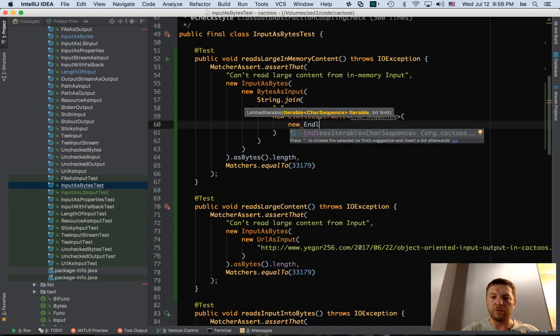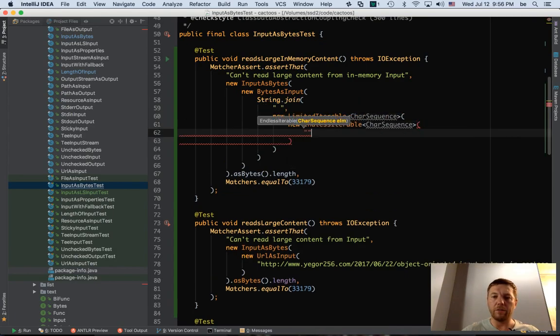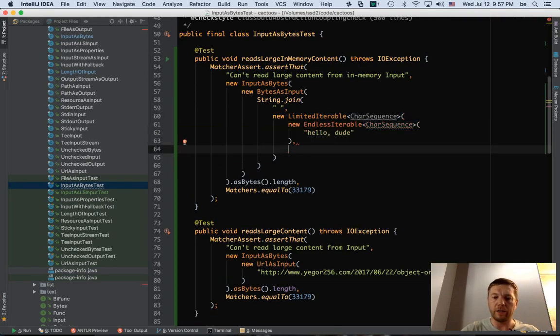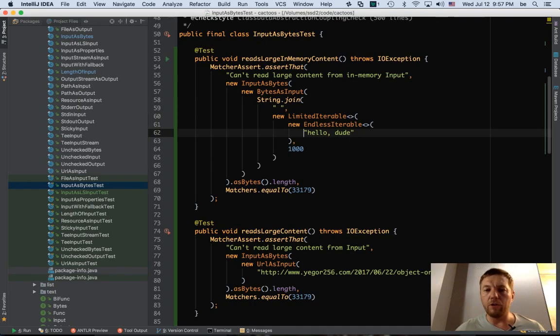These are classes from the library. So this is the endless iterable, so it's going to iterate hello dude. How many times? Endless iterable will return many. Limited iterable will do, let's say, 1,000 times. So this one will create hello dude 1,000 times, and then we're going to concatenate them all. So how many is going to be? That's about like 10 characters, and that's 10,000 characters. That's maybe not enough. So let's make